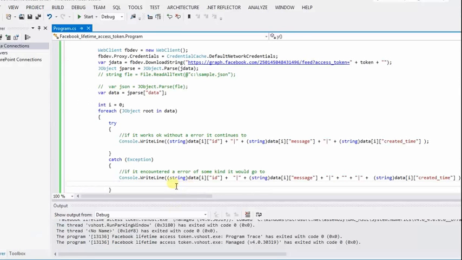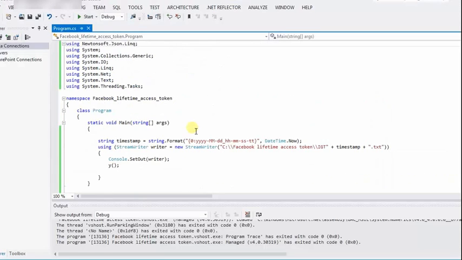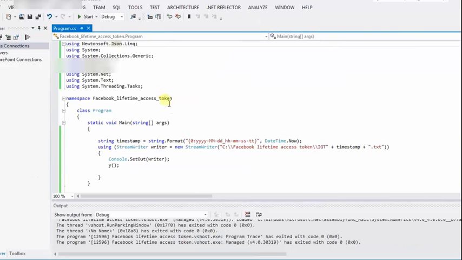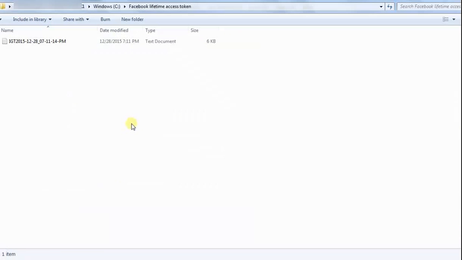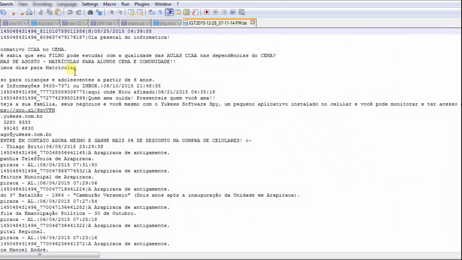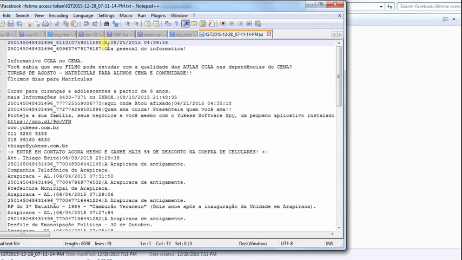I've redirected all the files that are created to this particular location. So let's execute this. Once we execute this, we got a file created over here. When you open this, you can see the data is read in a proper way.